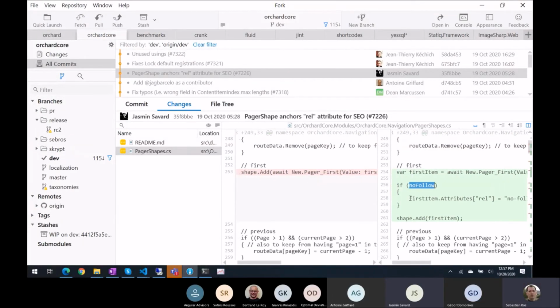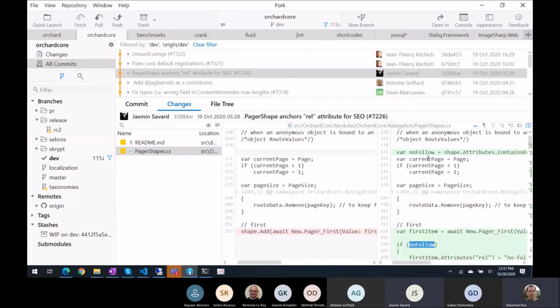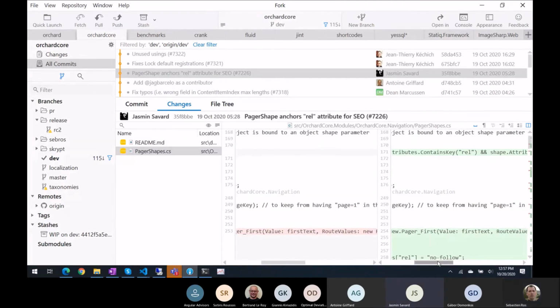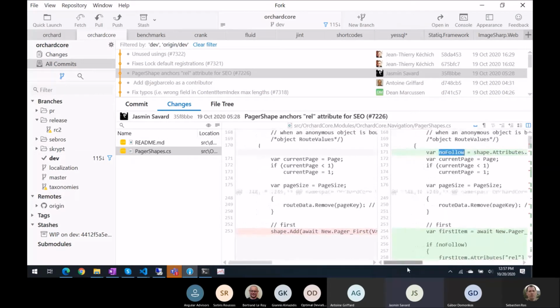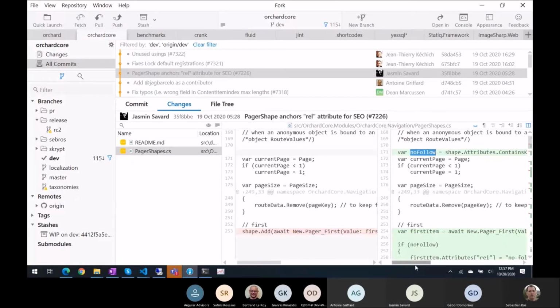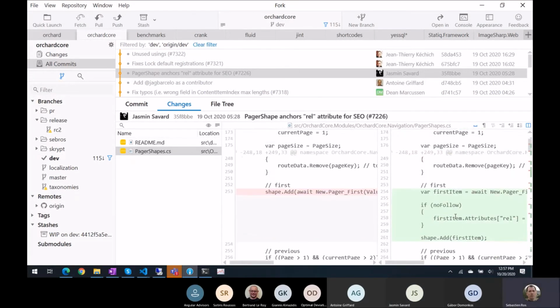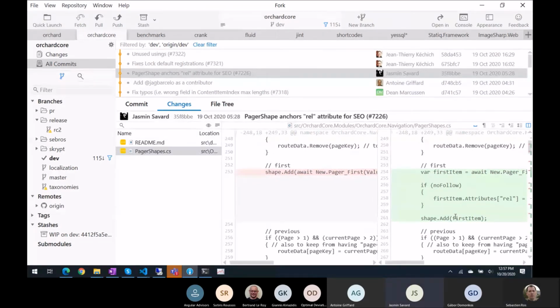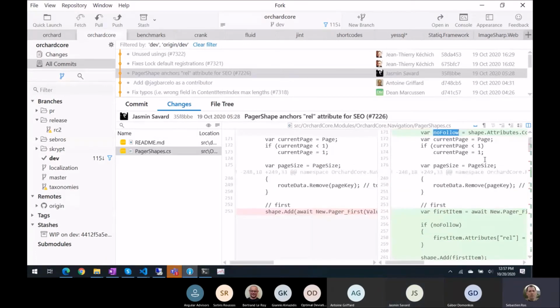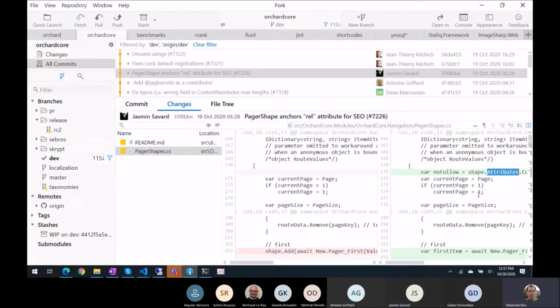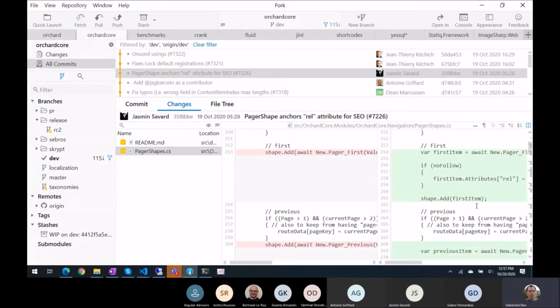But what is no follow? No follow just tells the crawler, yeah, it tells the robot to not go on the anchor or button. So it blocks the robot. That's weird to put it there. I would just explain how to change